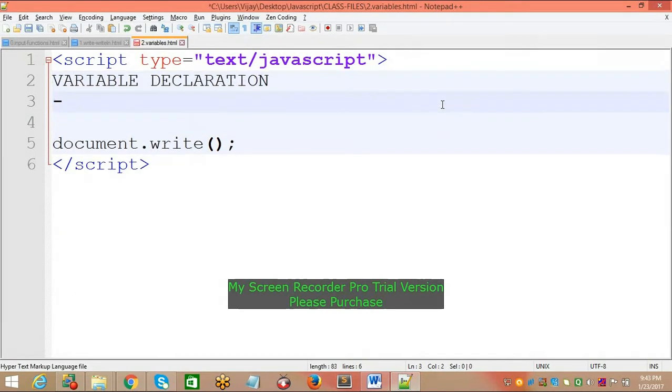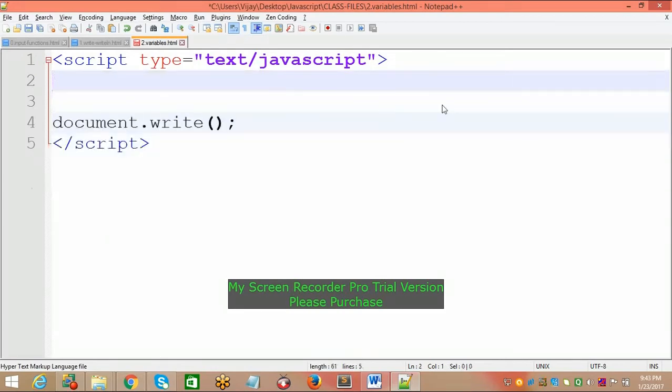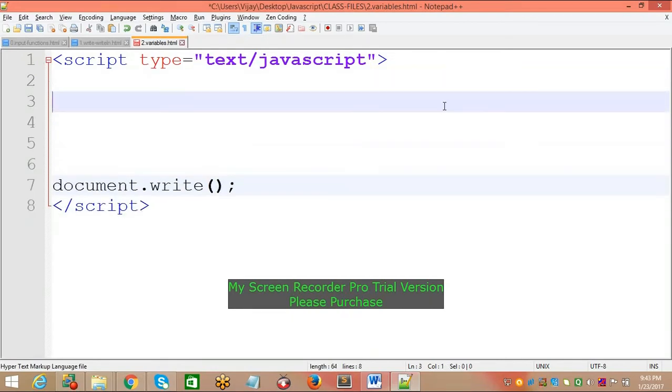If you have knowledge of C language, in C every piece of information can be stored temporarily in a declaration format called variables. But in C there are different types of variables: integer type, float type, string and boolean, and for every type of information we have to declare separate variables. But in JavaScript, any type of information or value we declare with only one common variable declaration, which starts with the keyword var.